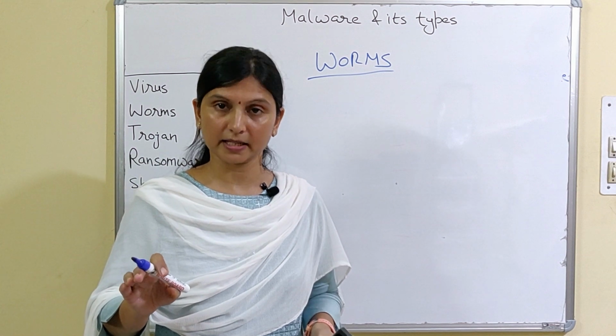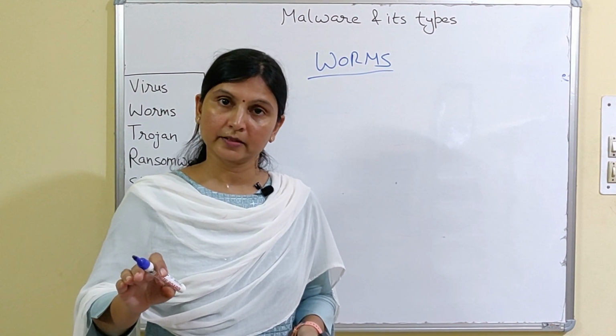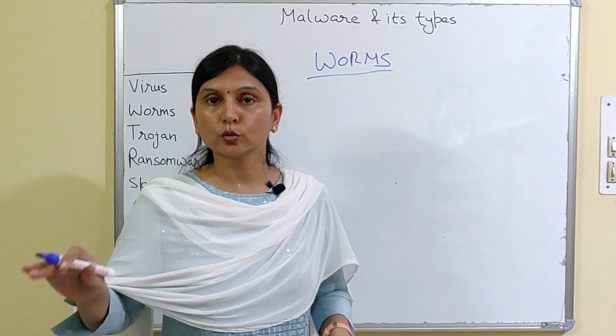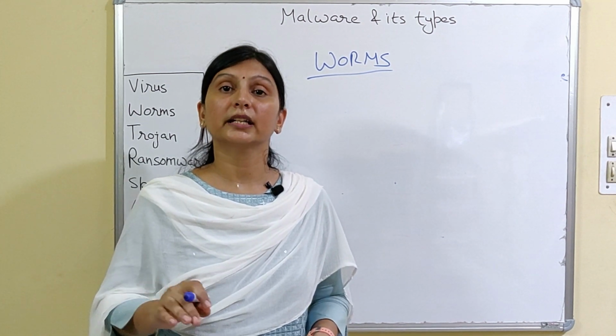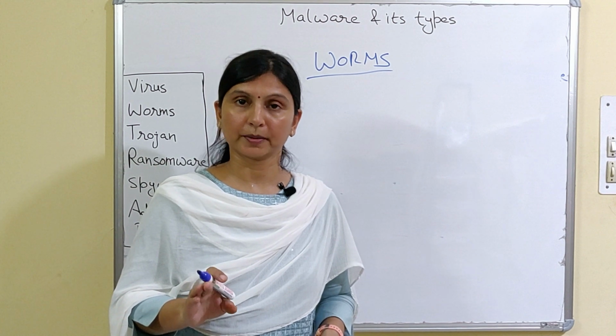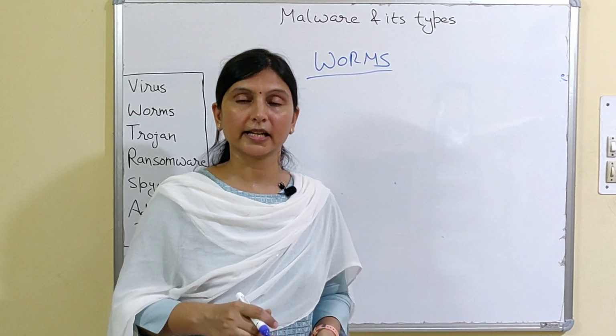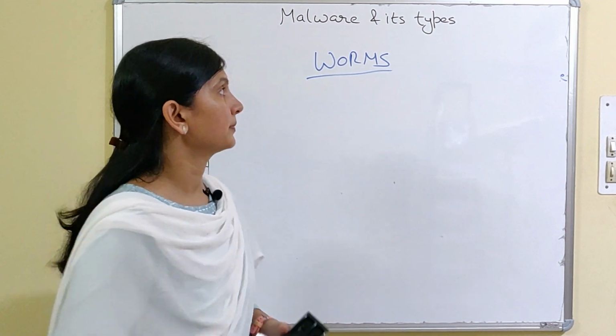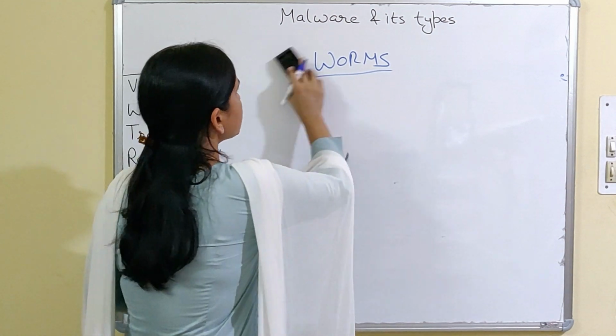How? Through emails. So it uses the address book of the system and spreads throughout the network through emails. I hope it is clear. So these are about worms, and what they do is fill the memory. Now the next is